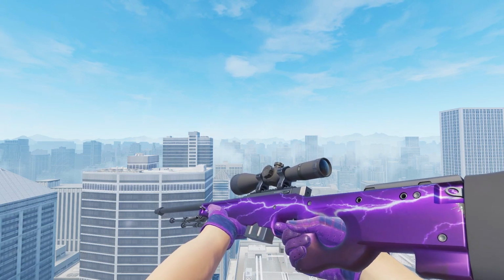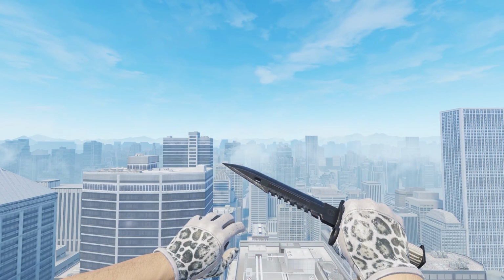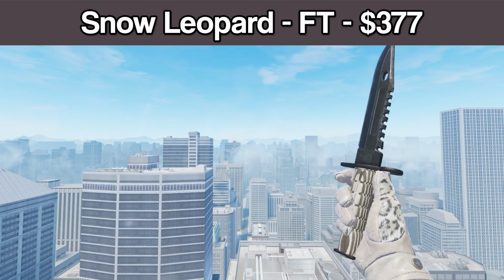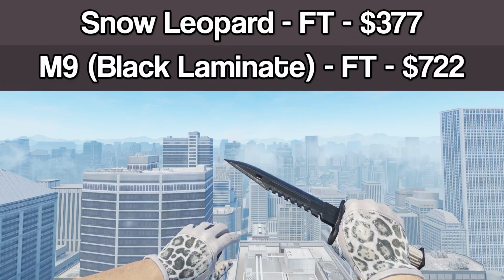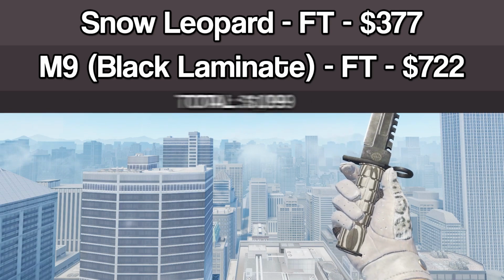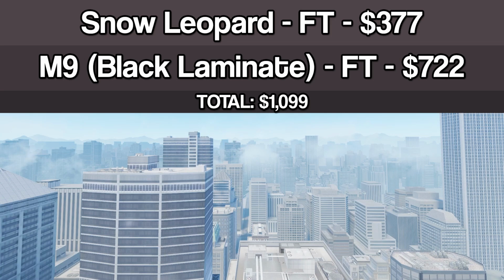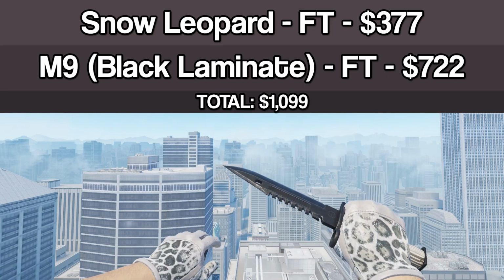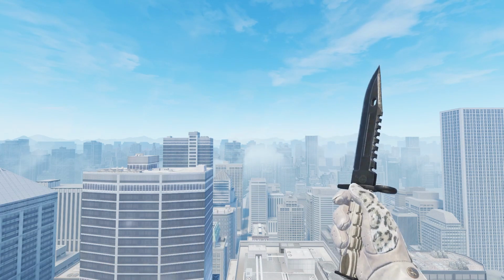And for our last and most expensive combo of the video, we have the Snow Leopards in Field Tested, priced at about $377, paired with the M9 Black Laminates, priced at about $722. Your total for this combo should be about $1,099. I know, it's crazy expensive, especially considering we were at like the $200 range back at the start, but